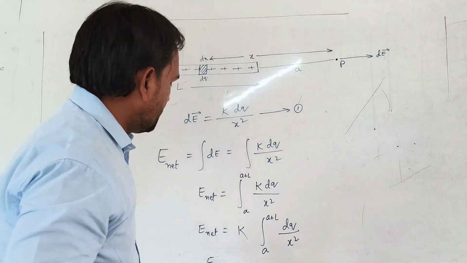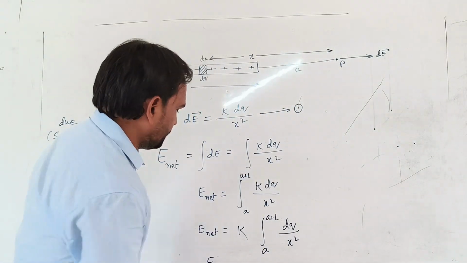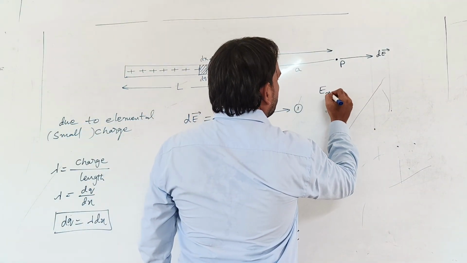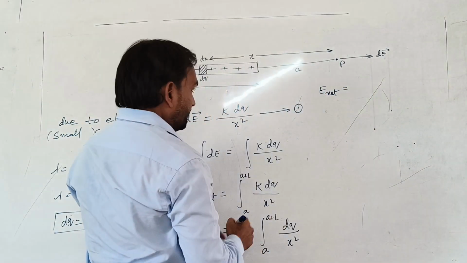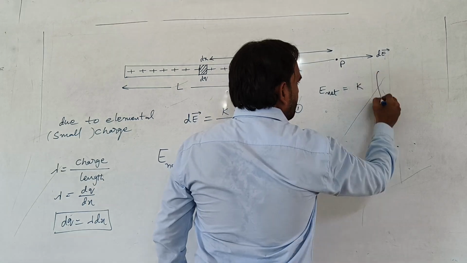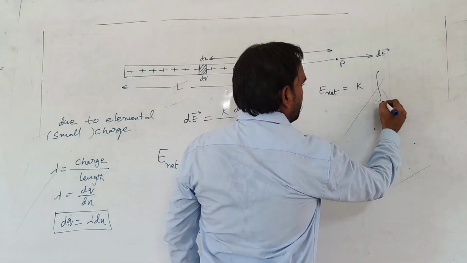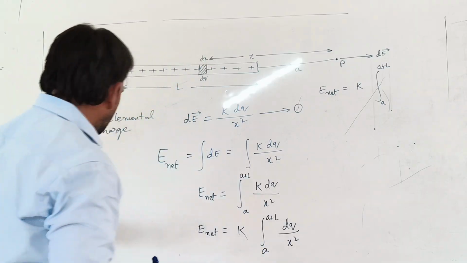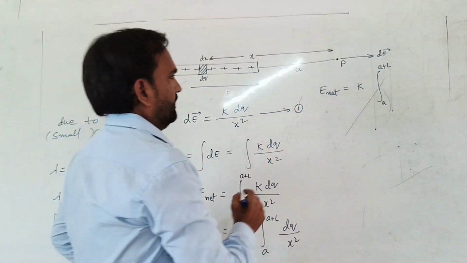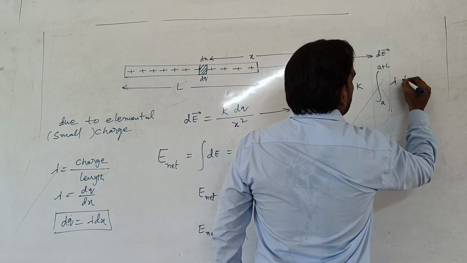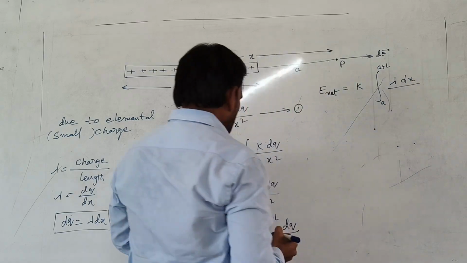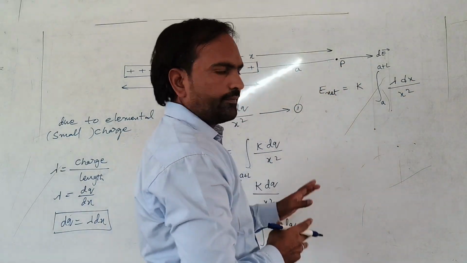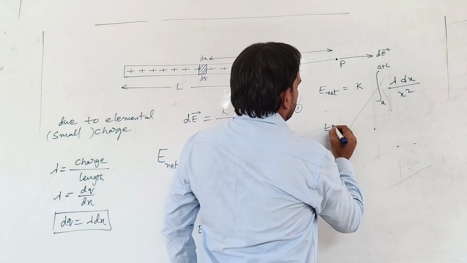Then E net is equal to k, a constant, times the integration with limits A to A plus L, and dq we already found is lambda dx, divided by x squared. Okay, students, clear? And next, E net is equal to